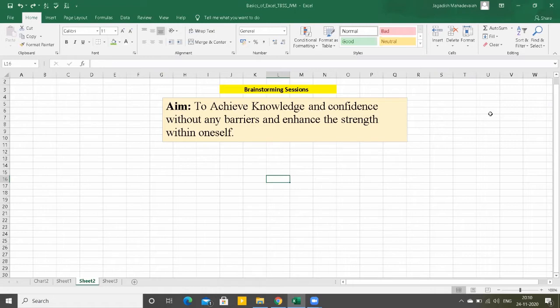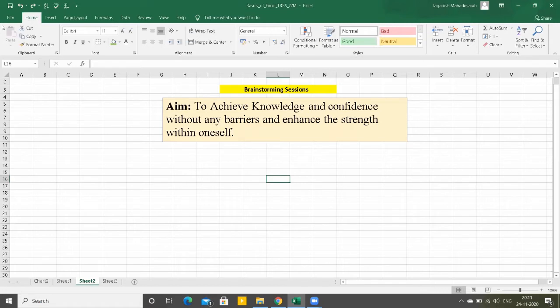And if you go to any multinational company like Accenture or Infosys, even they are using this powerful application, Excel. So today I'm just going to touch the basics of Excel.